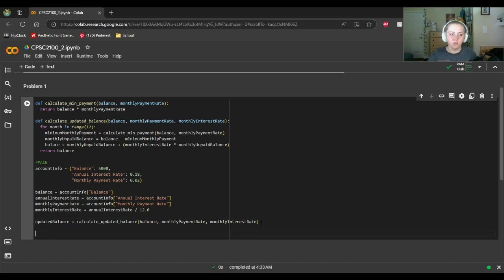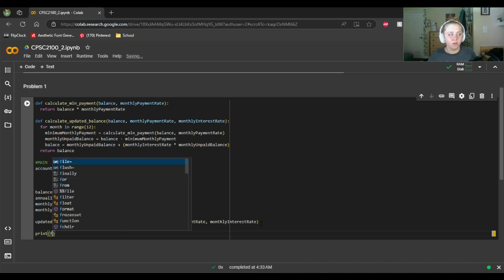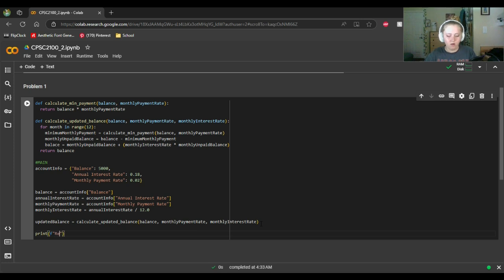Now, should be able to print this. Because we want it to have only 2 decimal points at the end, I'm going to put F there. Remaining balance at the end of the year is going to be, just put updated balance, colon, and then .2f, so that it knows to stop after 2 decimal places. So now we should just be able to print this,